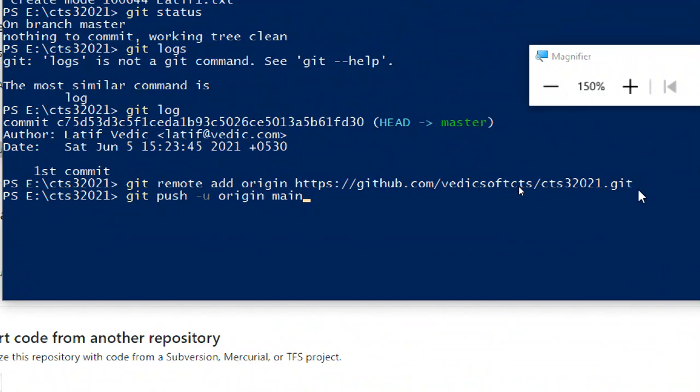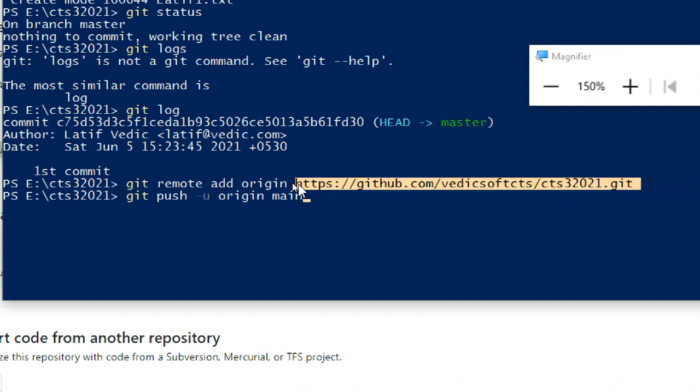Next time, if you use the same link, you don't require it. The next one is git push. So I mention the repository link here, and say this is my remote, then push to the remote.